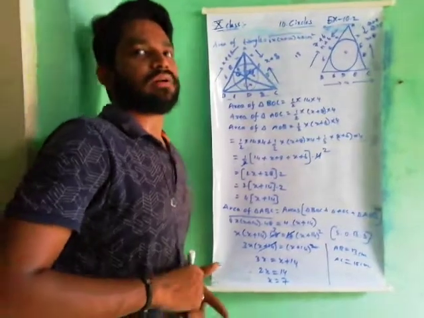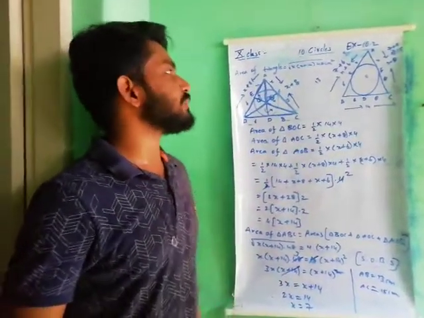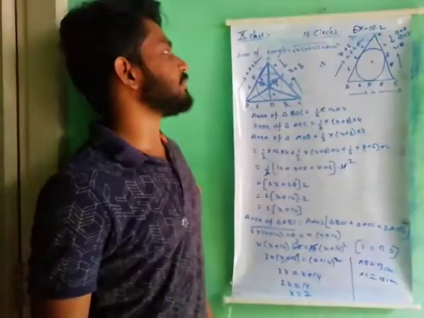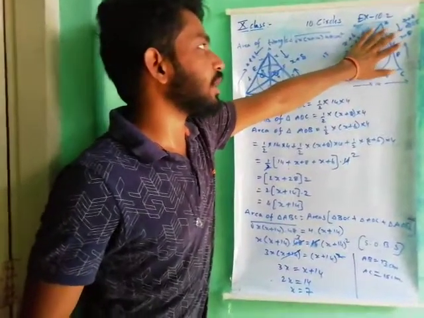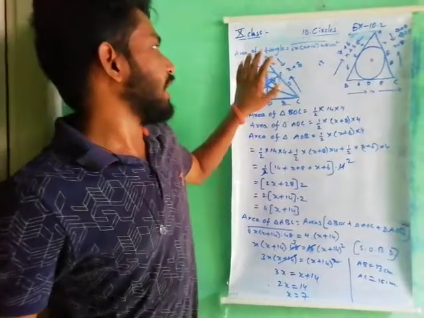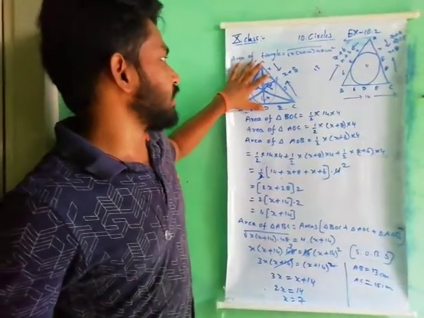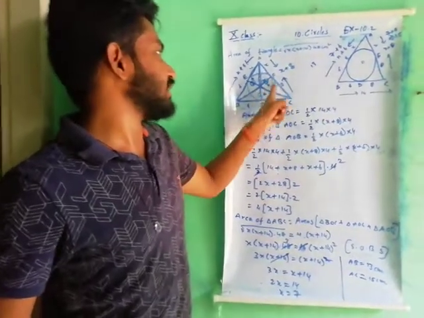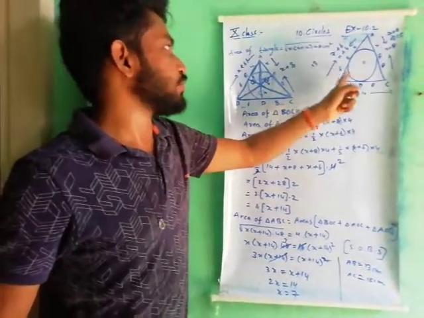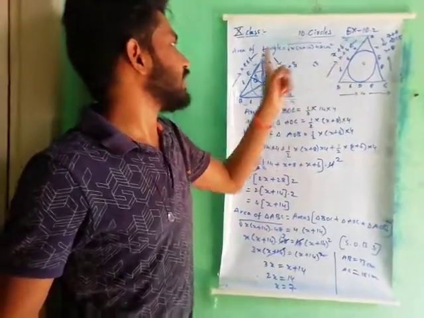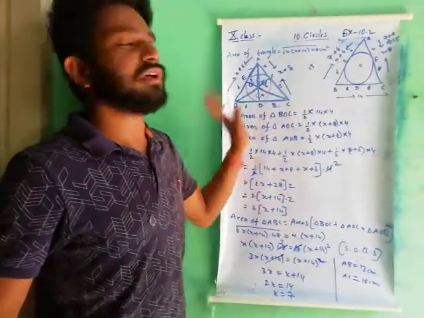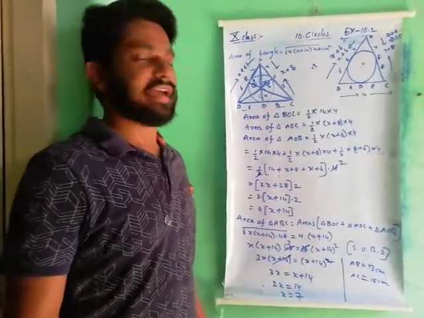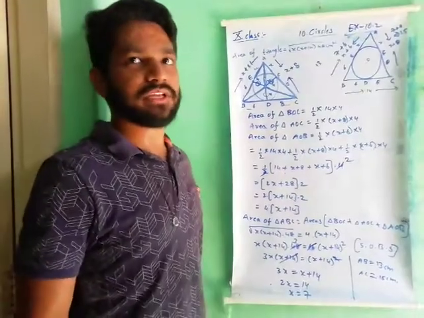A simple one. Why are we doing all this? To find this x value. The concept is, first we find the area of the total triangle, and we divide the total triangle into 3 triangles. So we find these 3 triangle areas. The area of the total triangle is equal to the sum of the areas of these 3 triangles. By equating, we get the x value. Understand the question? Yes.